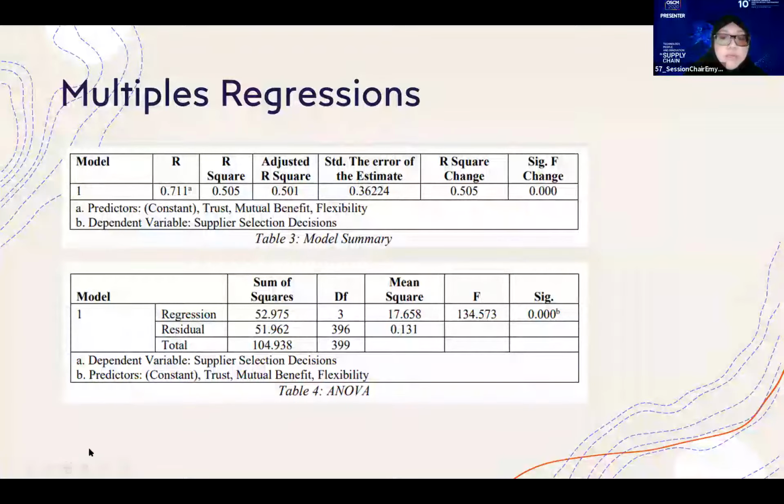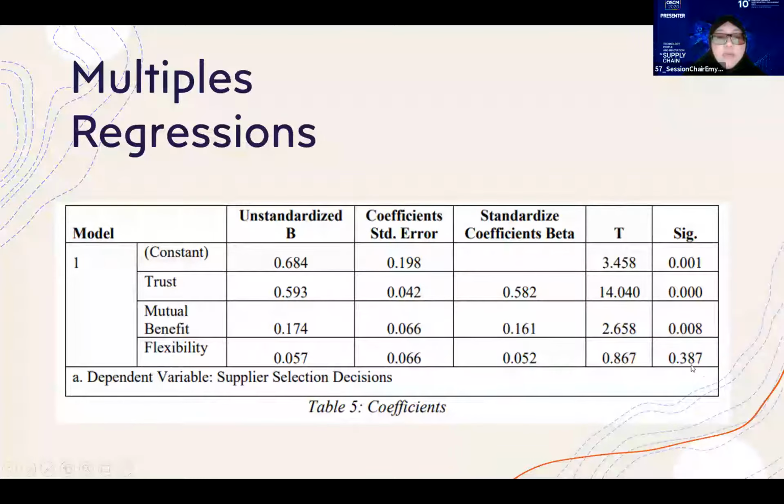However, when we go for individual, we check with coefficient, we found that flexibility is insignificant in regard of predicting values. So meaning that flexibility has to be in the form of together with mutual benefit and trust in order for them to have a strong relation or a bit of influence to the supplier selection decision compared to trust and mutual benefit. Basically, trust is the strongest predicting